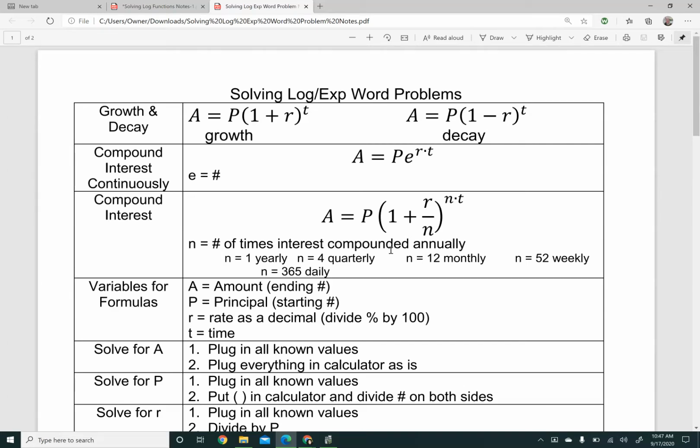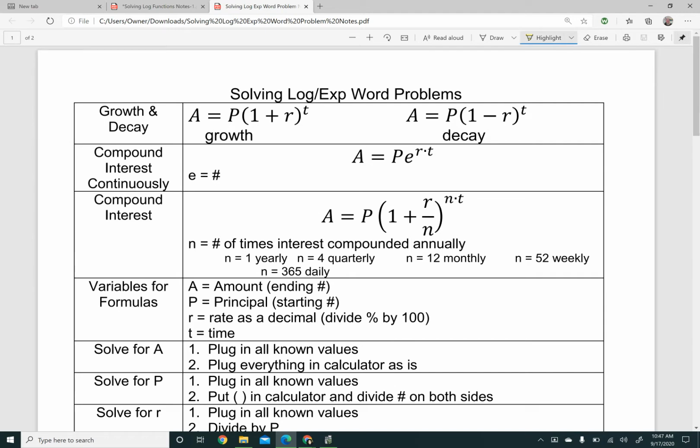So the last thing for this unit is about solving log exponential word problems. Again, this worksheet doesn't have anything that you have to fill in the blank because there's lots of things, as far as notes and stuff. But there are a lot of formulas and a lot of things that you can do to solve. There's some key things that I want you to be able to do. And so